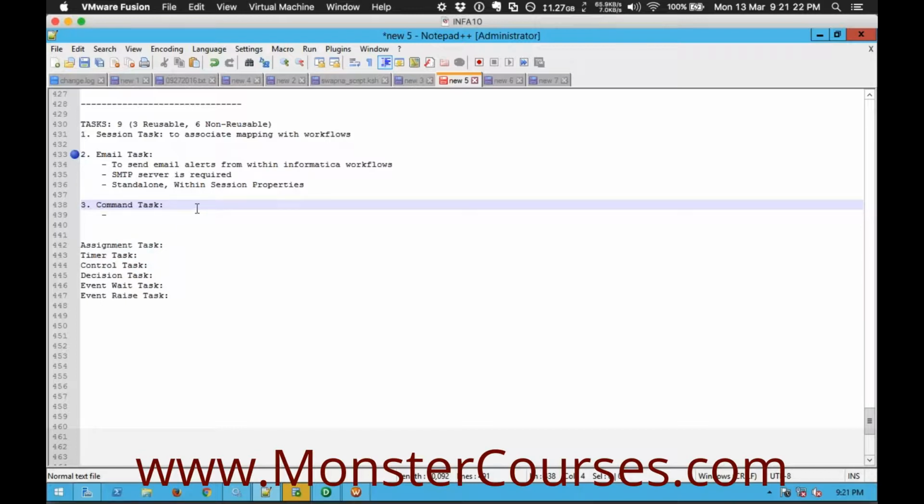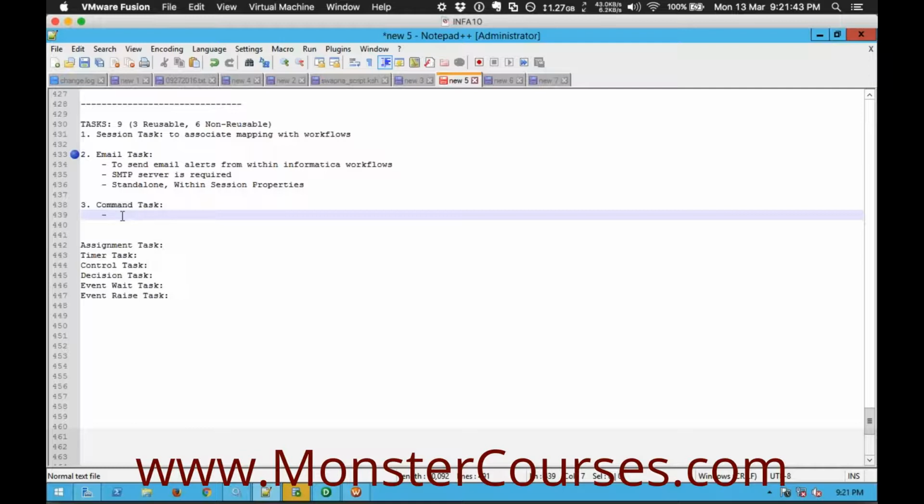and command task. So command task, the purpose of command task is to run command line arguments, basically to perform operating system level activities, okay, OS level activities. For example, copying a file from one location to another location, or changing the permissions of a file, or renaming a file, right? Maybe extracting some zip file of your source files, whatever. If you want to perform any operating system level activities,